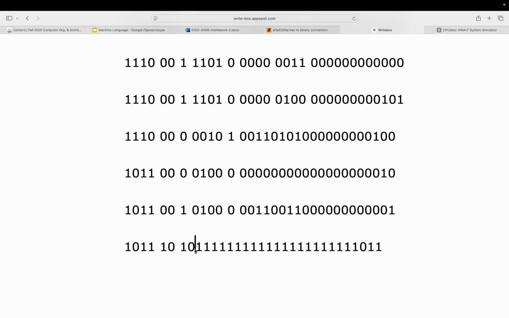So what do we have now? We have 1 0 again, and yeah, this basically means the B command, and